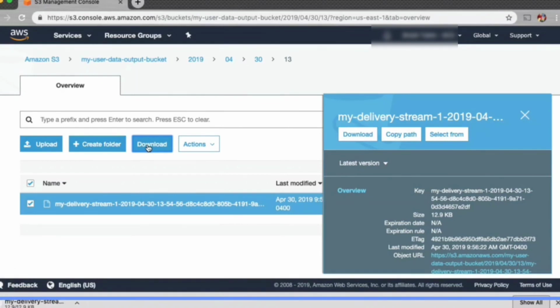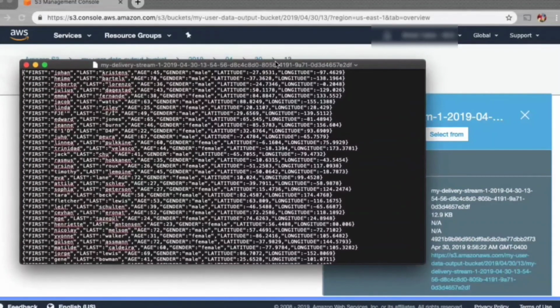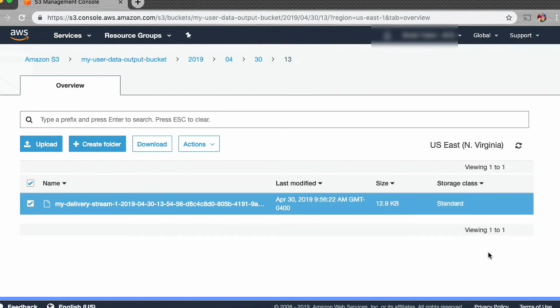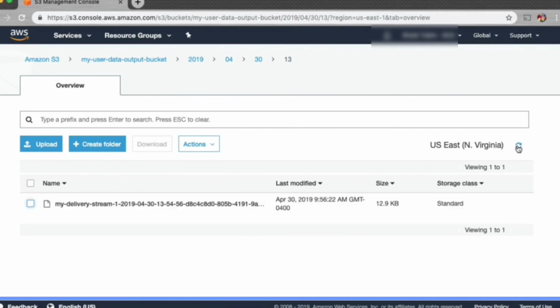Let's go ahead and drill down into these folders, and we'll keep clicking, and finally, we see a file that was uploaded onto the S3 bucket. And if we select that file and click download, we can start to see the content of that file. And once I have the file downloaded, I'll go ahead and open it. And you can start to see the transformed data in JSON format that has landed onto S3. Wow, this is awesome. It's exactly what we wanted.